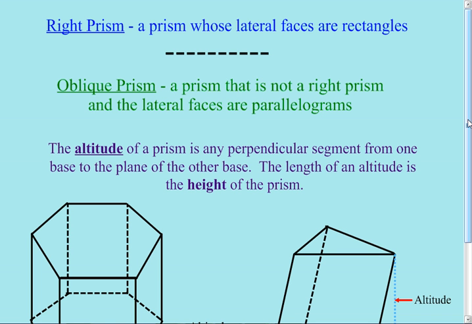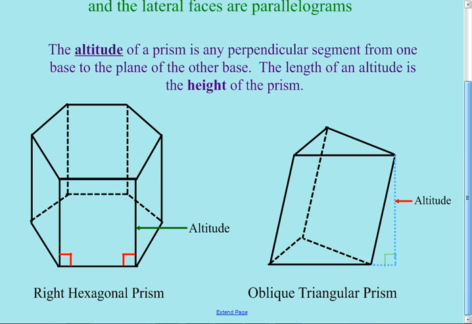But oblique prisms are ones that have a tilt. So if you are in the business of manufacturing something like pop cans, we always have right cylinders because it's easier to package. When they tilt over like this one tilts, the altitude, if you were up here at this vertex and dropped a rock, it would not fall inside the prism. It would fall outside the prism. Yeah, like that. And if we look at the picture there of the water bottle that's tilted,